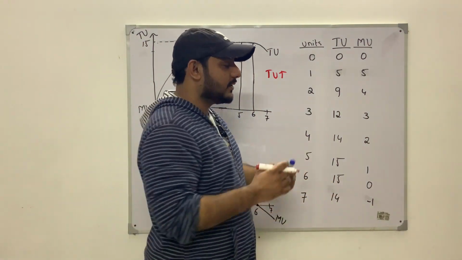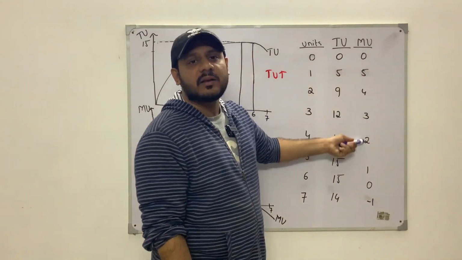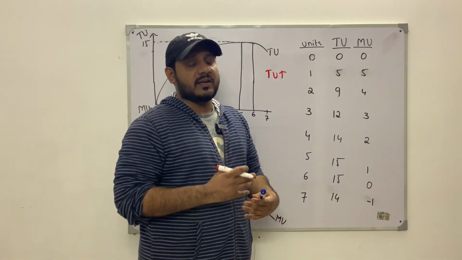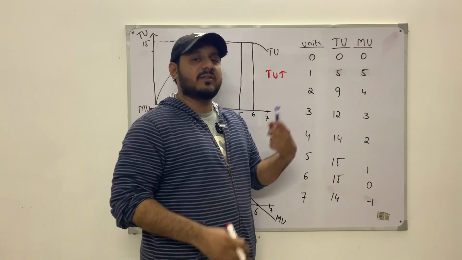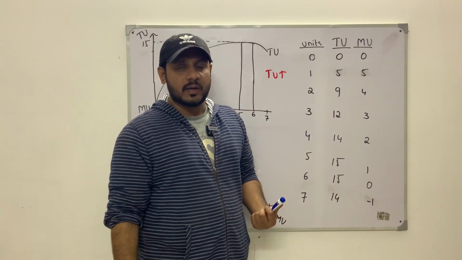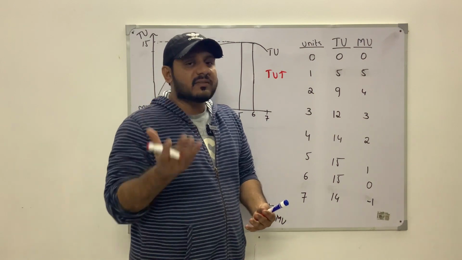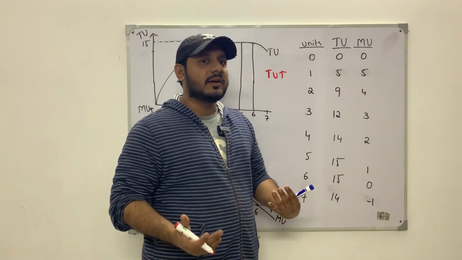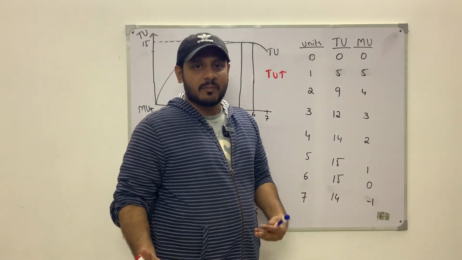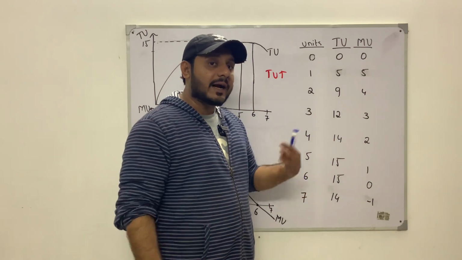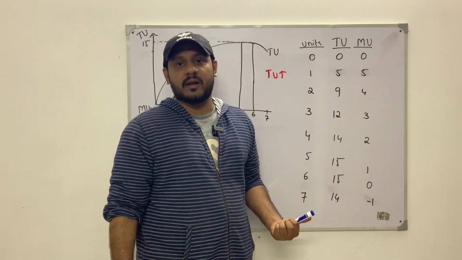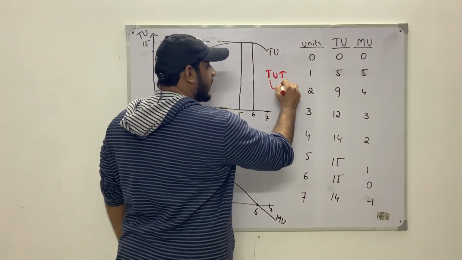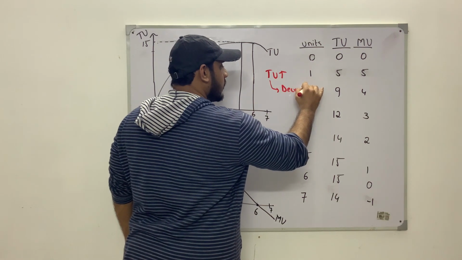Now, what do you mean by this? What we mean is that since marginal utility is falling, each additional unit is giving me less and less satisfaction than the previous unit was giving me. So although my total utility is rising and I'm enjoying more and more chocolates, the level of enjoyment is declining as more and more chocolates are consumed, because each additional chocolate is not giving me as much satisfaction as the previous chocolate was giving me. Which again shows us the concept of diminishing utility. So total utility is increasing but at a decreasing rate.